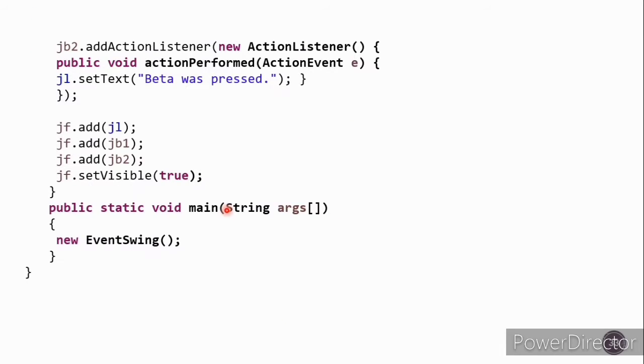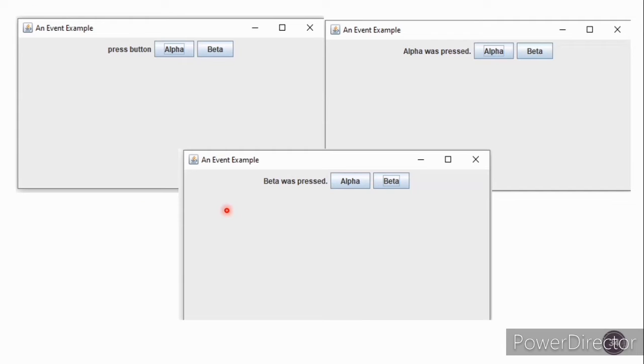See here, this is the program and this is the output. We are taking one JFrame here and we are taking one JLabel and two JButtons. When I click on the alpha button, it should handle the button click event and display "alpha was pressed".